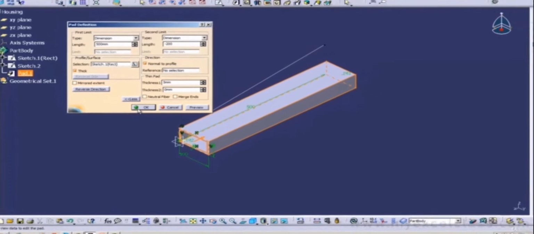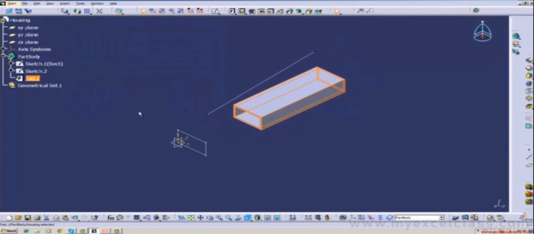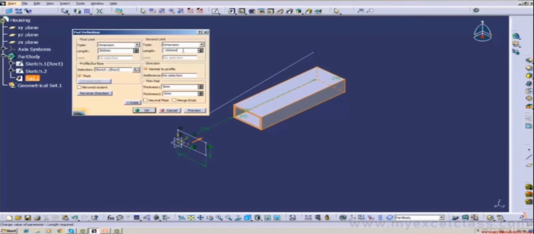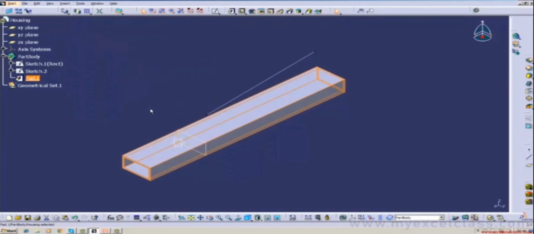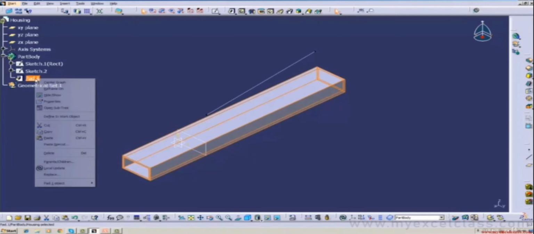So it can be seen now. If you want to extend, then you have to give the same dimension in opposite sign. So you can see that 200 mm section has been extruded from the initial point. I'll make it same as it was before.